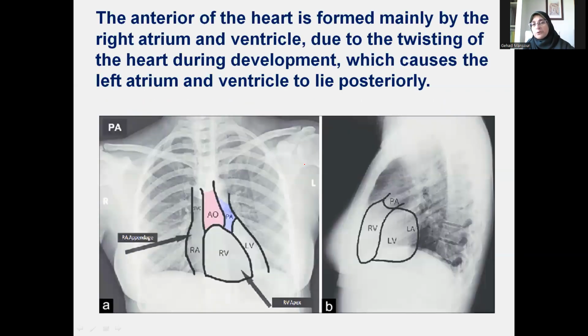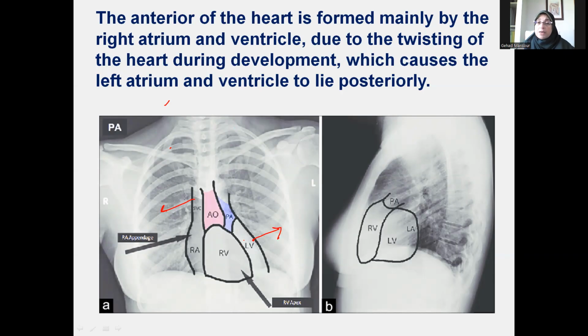You just have to know that you have a right border and a left border. You shouldn't mix up the right and the left, and you should know that what is towards your left hand is the right border of the heart,